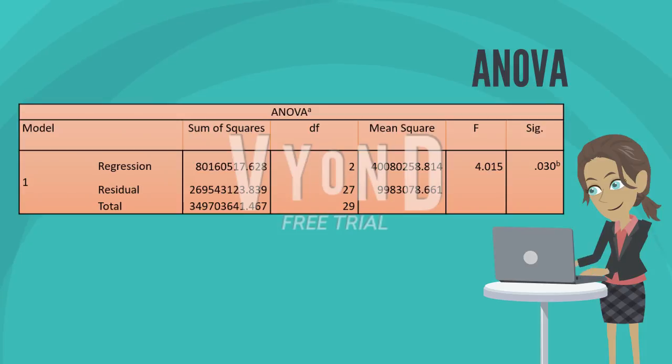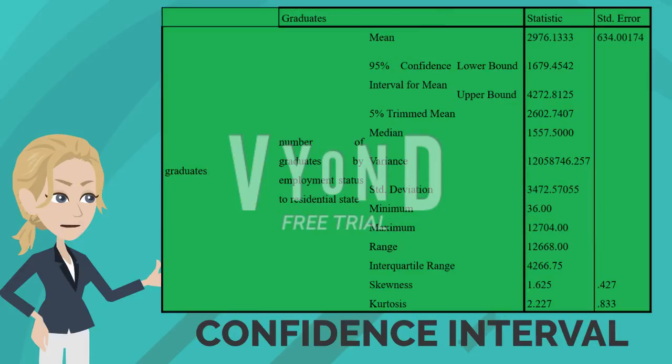Multiple regression, ANOVA. The p-value from the ANOVA table is more than 0.05, which means that more than one variable of employment status, which is employed, further study, upgrading skills, waiting for work placement and unemployment, is involved. The confidence interval we found for the number of graduates affected by employment status in residential state is 1,679.4542 to 4,272.8125. We interpret in plain language: we are 95% certain that the true mean lies between 1679.4542 and